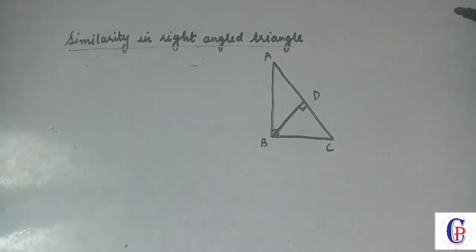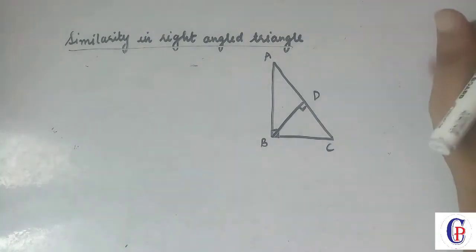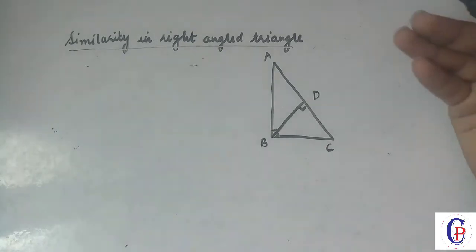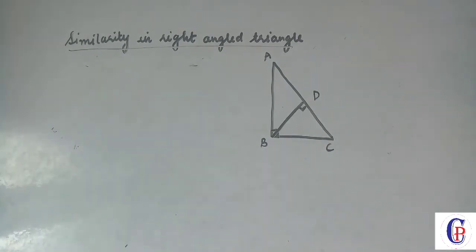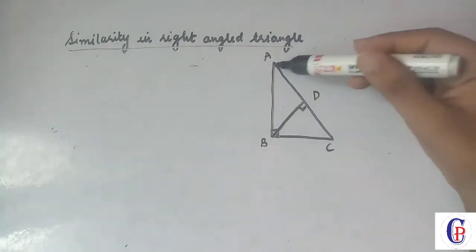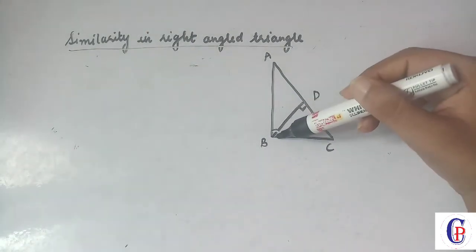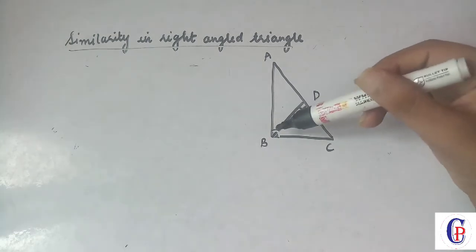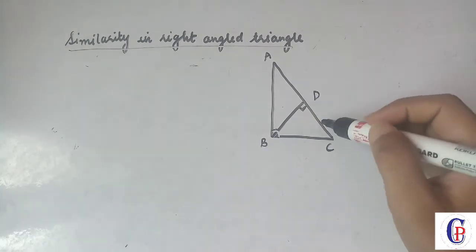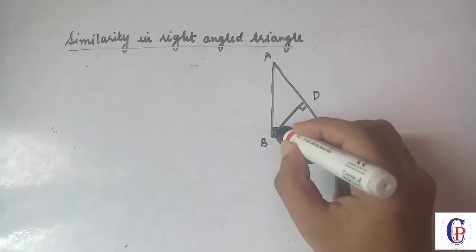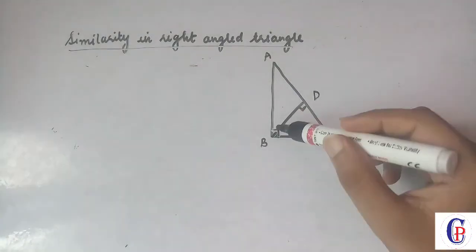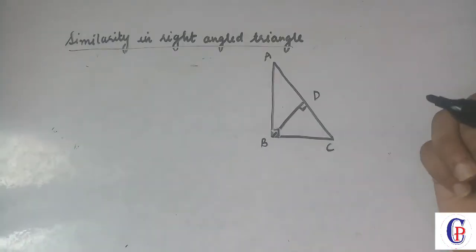Okay, so we see another theorem. I hope till now the previous theorems are cleared. If not, you can just rewind back and revise it again. So this theorem is about similarity in right angle triangles. There must be a particular type of construction like this: you have a triangle ABC which is right angled here, and from this 90 degree, there is one more perpendicular drawn on the hypotenuse. You should be able to identify this diagram.